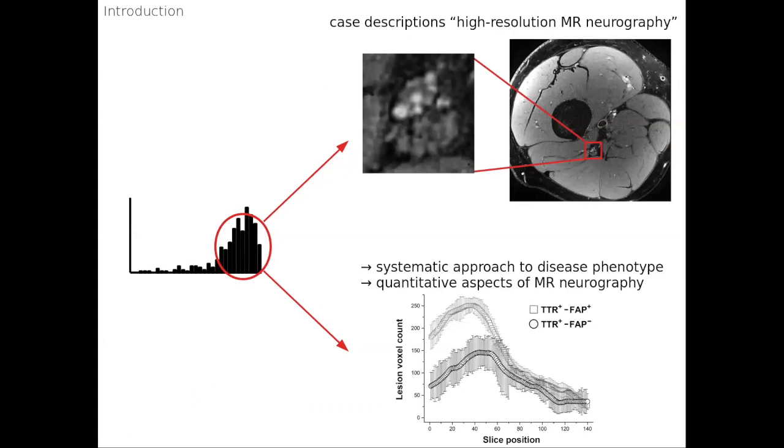So if we look now at the evidence or the publications from the last 10 years, we clearly see kind of two different approaches that were taken. On one side, we have more kind of case descriptions of different pathologies using high-resolution MR-neurography. And on the other side, we also have different groups that have started to have a more systematic approach to